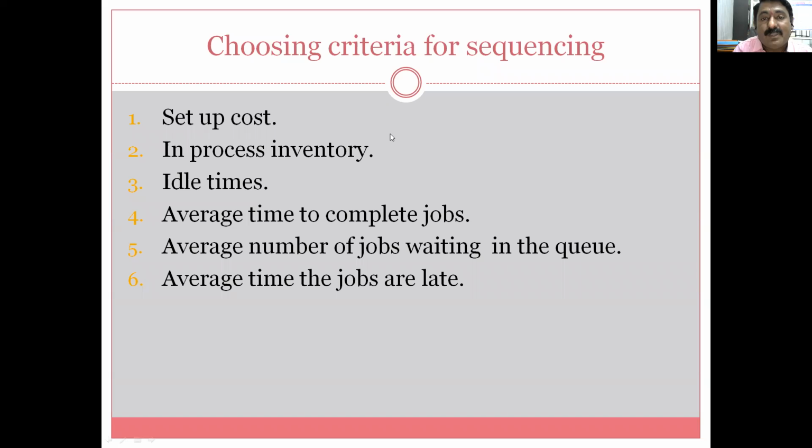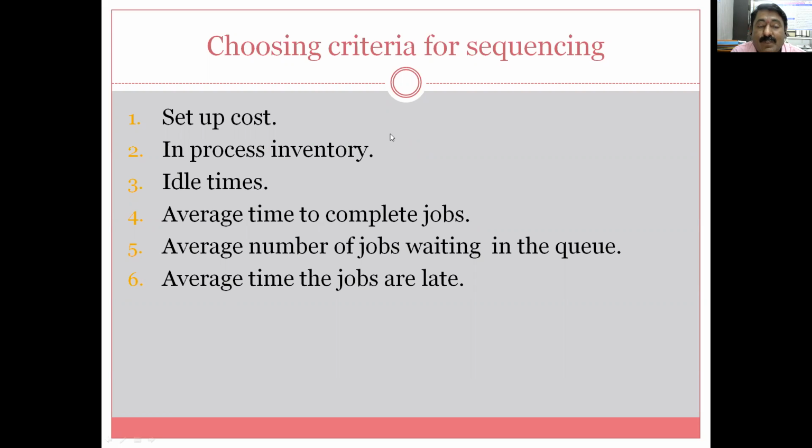Okay, in-process inventory. After loading the job, what is the time required and what is the in-process inventory as far as the processing of that particular job on a particular work center is concerned? And as far as processing of that job is concerned, what is the in-process inventory of that job as far as the previous and next operation is concerned?